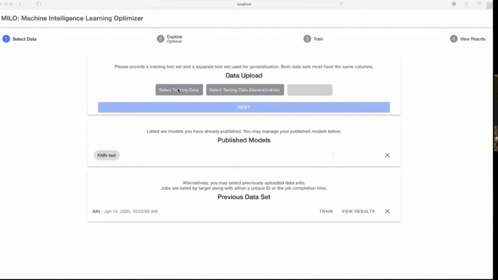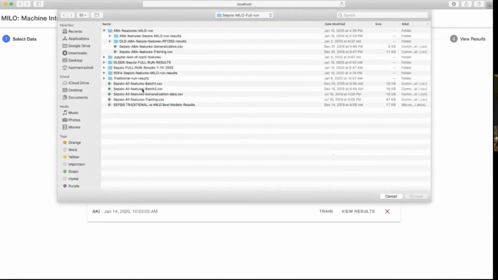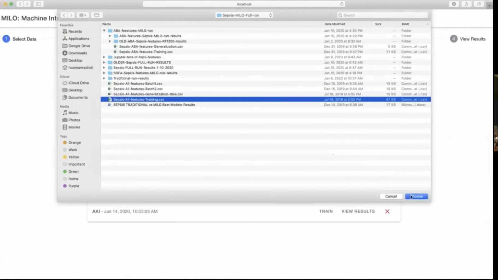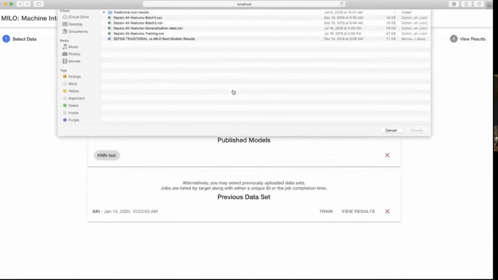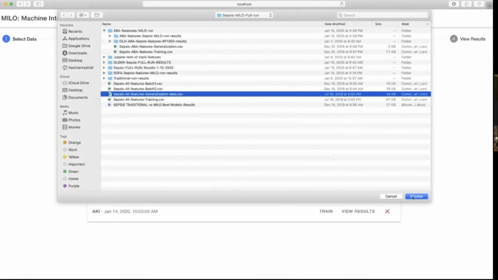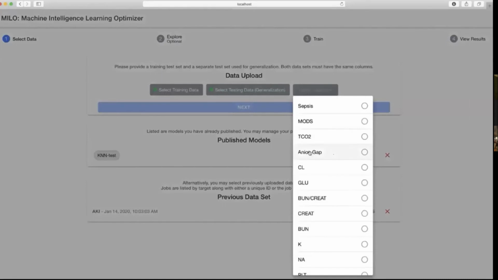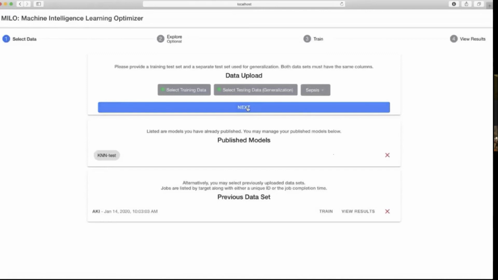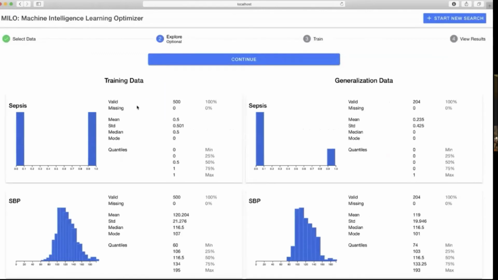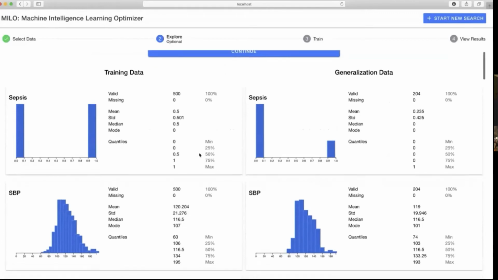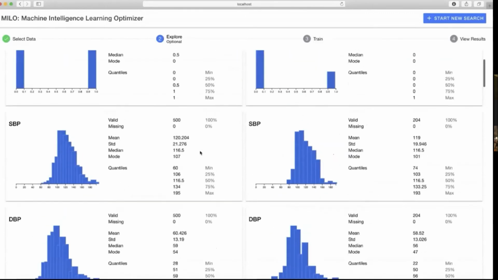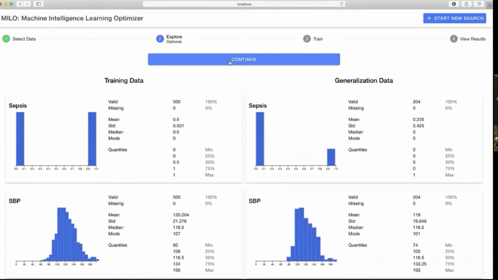So now in terms of how it works in real life, I think the video shows it best. So you click the training data, attach the training initial validation. So this builds the models and initially validates them. Then you obviously want to see how well they do in real life. You put in the secondary data set, so that puts it there and says check is in. Now you check out what column headers you have, and obviously the column header with the target is sepsis. And now you go to next, and now you evaluate the 2 different data sets that were ingested in MILO. So the training initial validation on the left, generalization to the right. The initial training, initial validation was about 50-50, half of them positive, half of them negative. The one on the right was 20% positive, 80% negative.